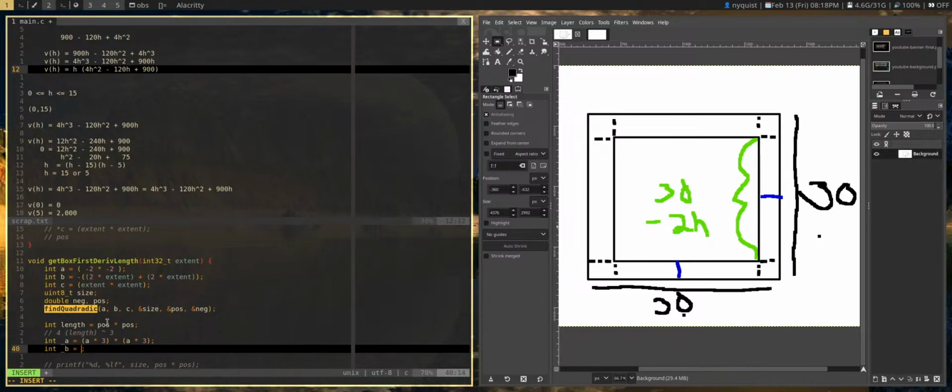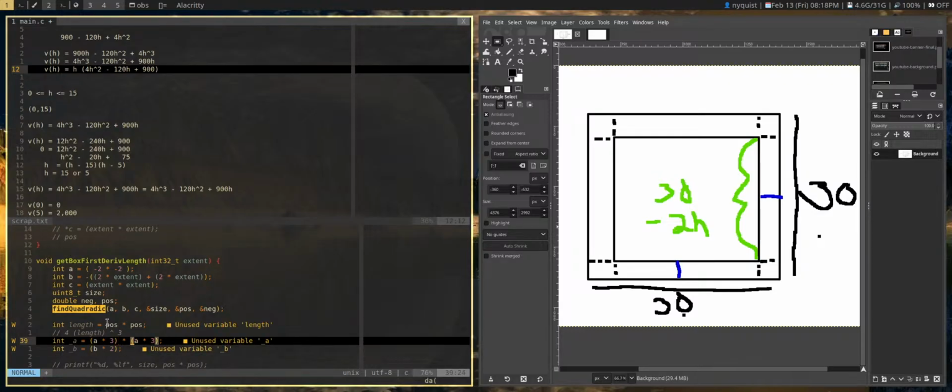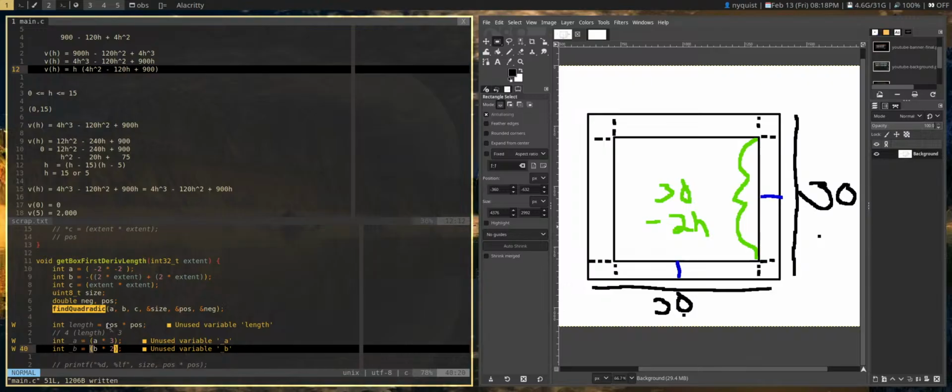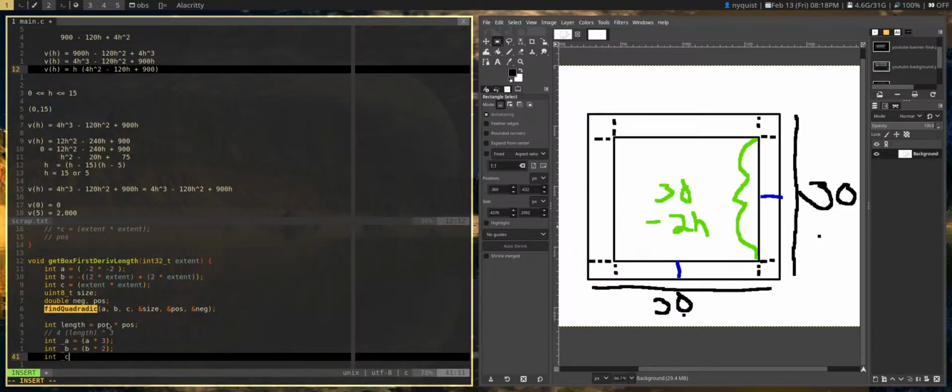B equals B times 2. Yeah, all right. And then C is like A, B, and C prime kind of. C is just C. I'll just, to make it more straightforward, I'll just do